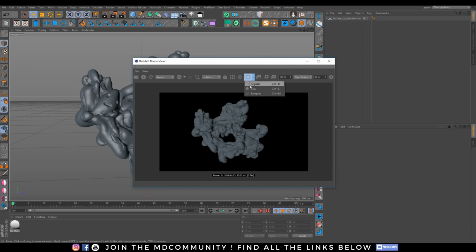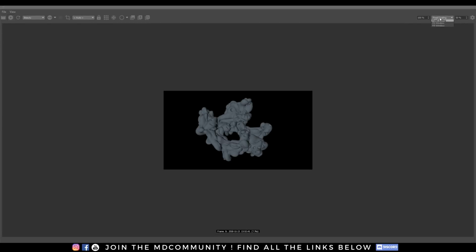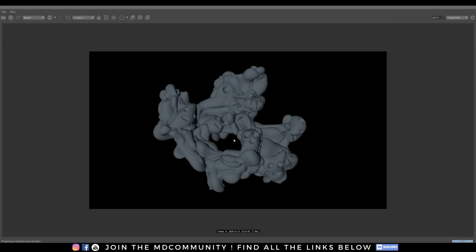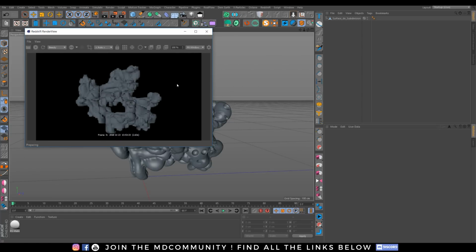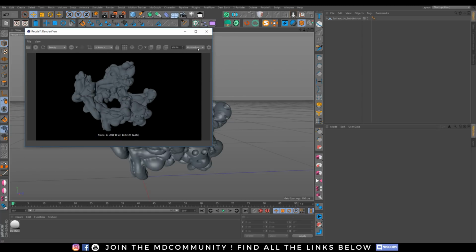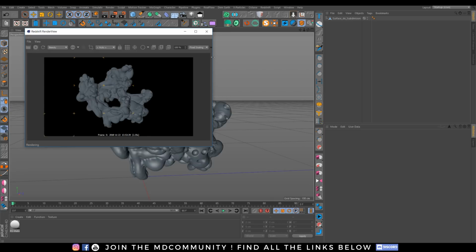You can visualize the clay render, and you can here do some snapshots. And important right there, you have the original size, so you will have the final size of your image, so you will be able to visualize the final size. You can use fixed scaling, fit window, or fill window. In my opinion, fit window is great, because like in Octane Render, it will fit. And fixed scaling is nice because you can select the